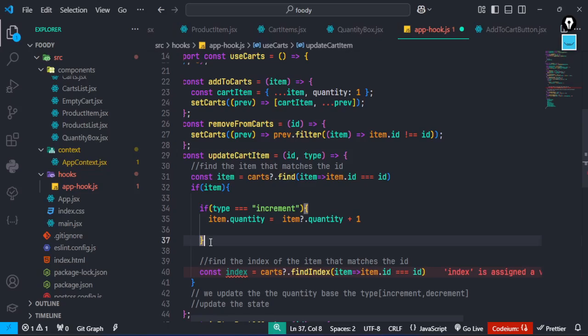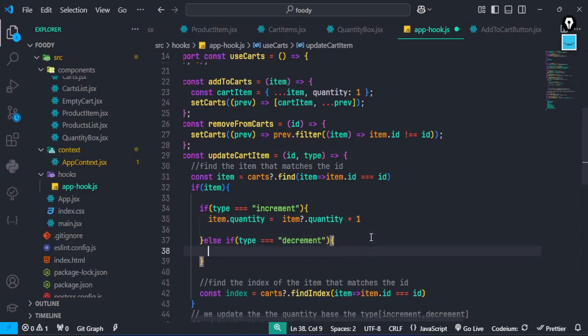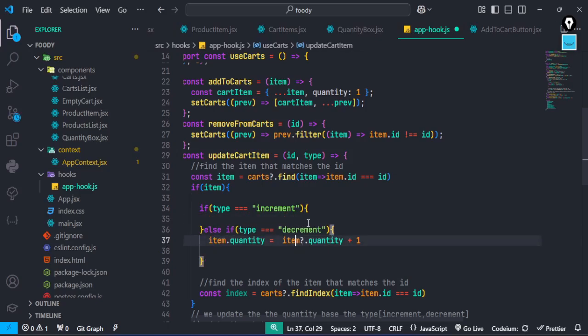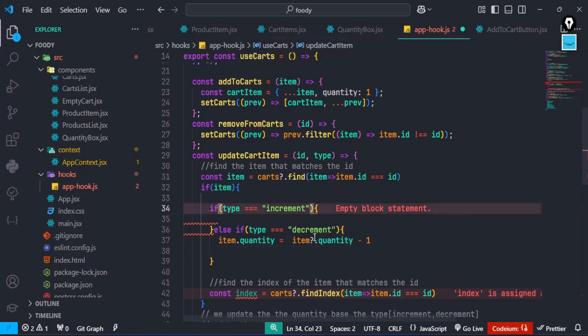So if it is this, which means if it is not that, then that means check for decrement. So if you send decrement to us, which is something I did not check before, if you check the decrement for us like this, what do we want to do? What we want to do right now is to minus. So these are the 2 types of updates you can do. Either you increase the value or you decrease the value. So if you decrease the value,